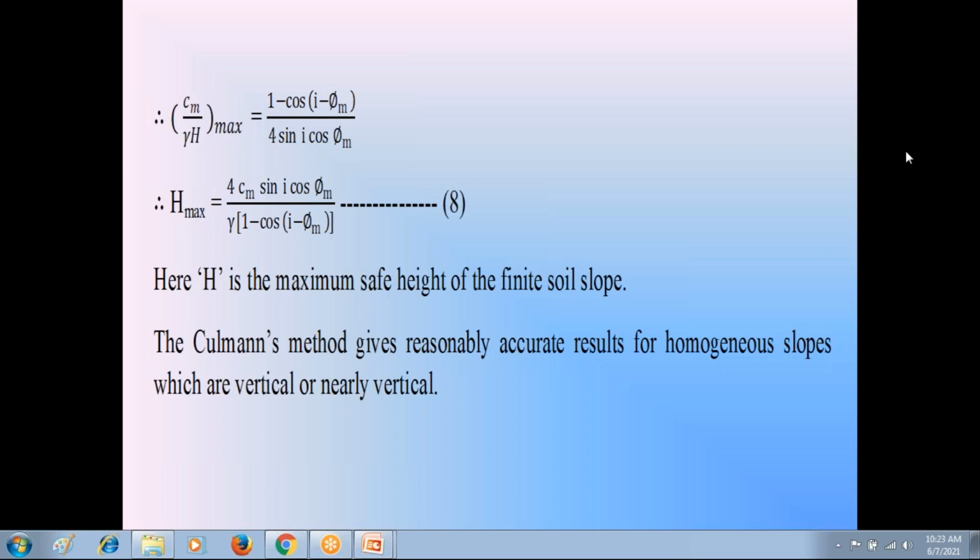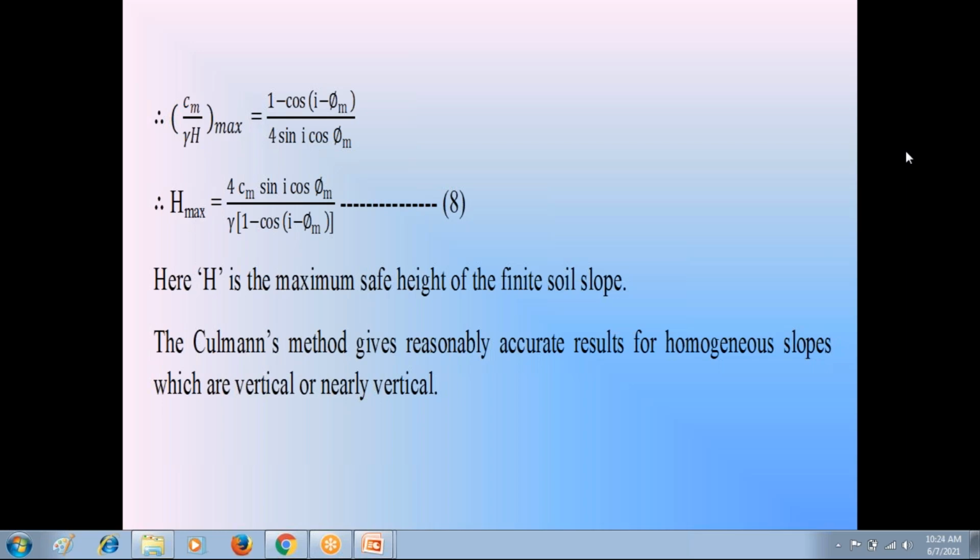If anybody is having doubts in Kalman's method, please discuss with me. This is entirely mathematical. Kalman's method is totally mathematical. In the preparation of the force triangle, we know the direction and magnitude of weight W, and we know the direction of force Cm. We also know the direction of reaction force R. So we prepare that force triangle W, Cm and R.